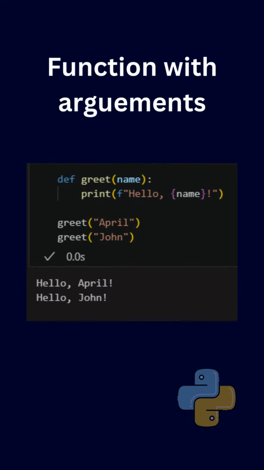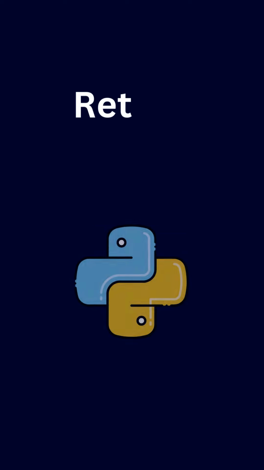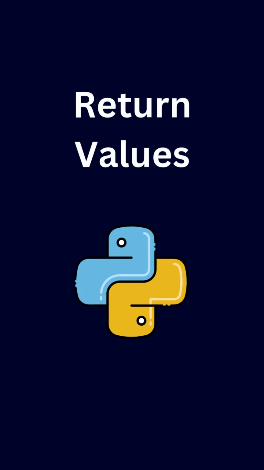Now, what are arguments or parameters? These are the names of the variables defined in the function brackets. As you can see, the name variable in the greet function. This makes the function more reusable as we can just define the name we want the system to greet when calling the same function. What are return values?